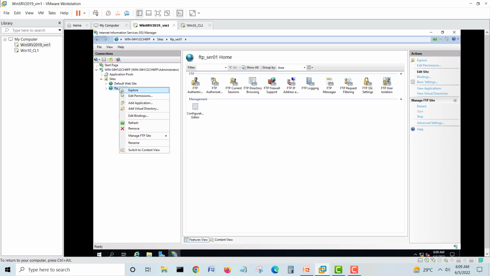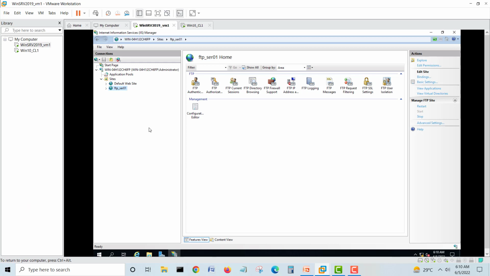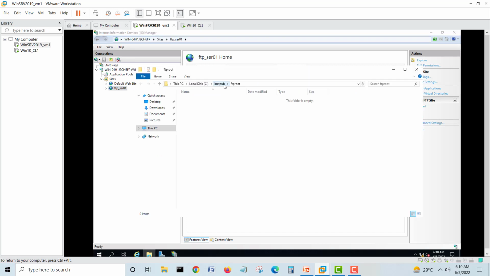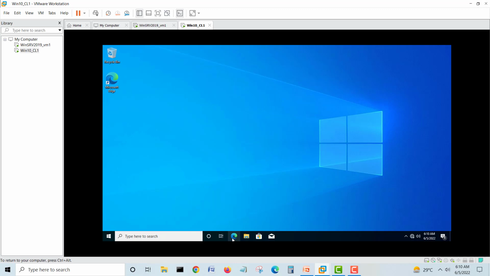We can just refresh or restart our site. You can explore. See, it's coming in root inetpub. So let's go and check from our client if we can open. Just go into the Explorer or Microsoft Edge, or here into the